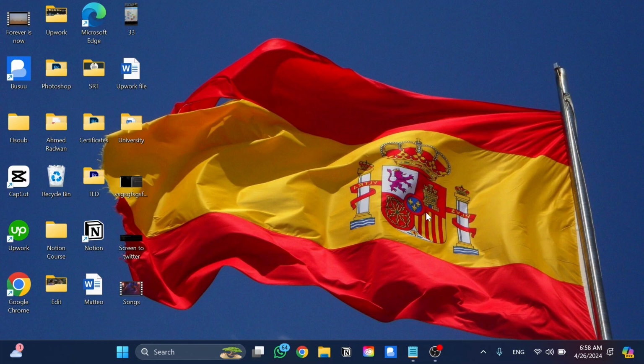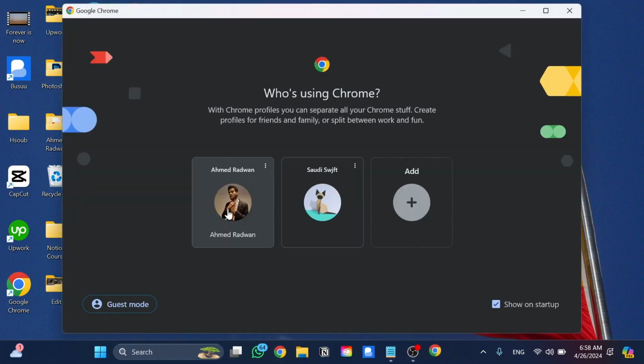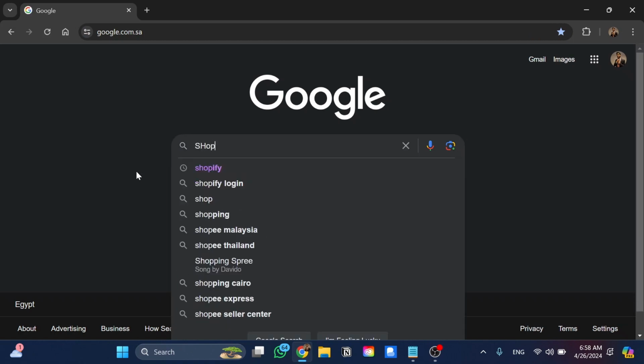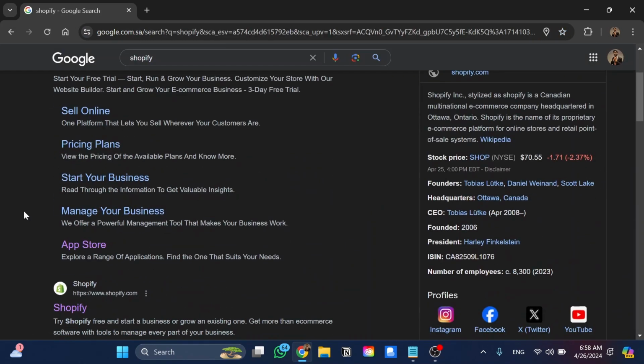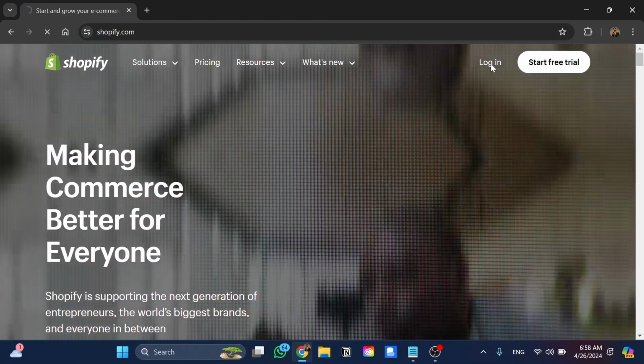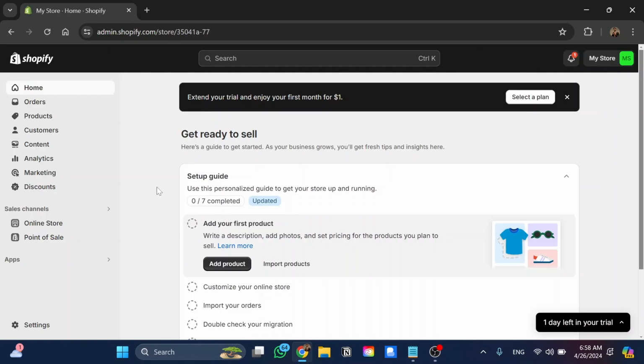So the first thing we need to do, we need to go and open our Google Chrome over here, and then we need to head to Google. And from Google, I'm going to go for Shopify, and I'll click on the link of Shopify over here, and then I need to log into my account on Shopify. Whenever you've logged into your account successfully, just go over here on My Store and click on it, and